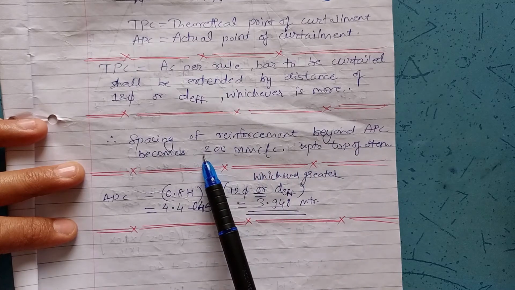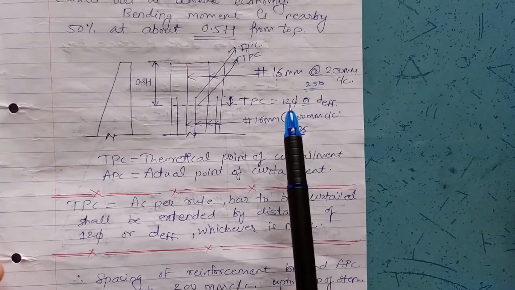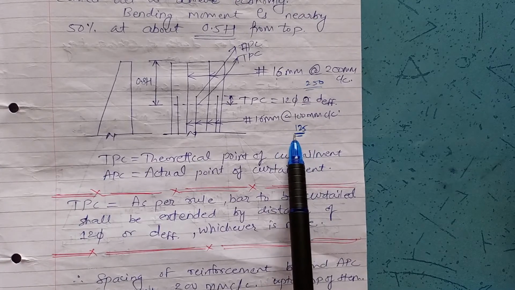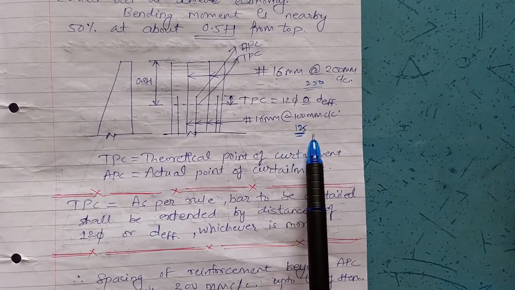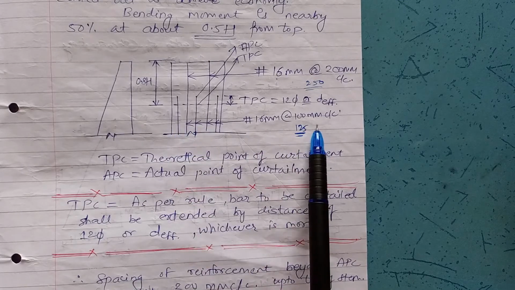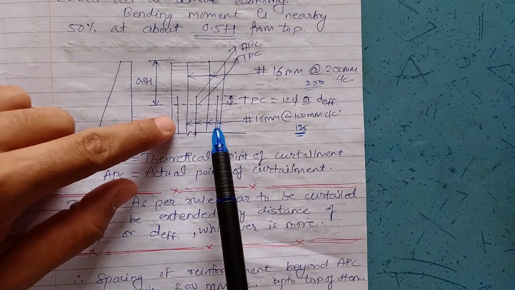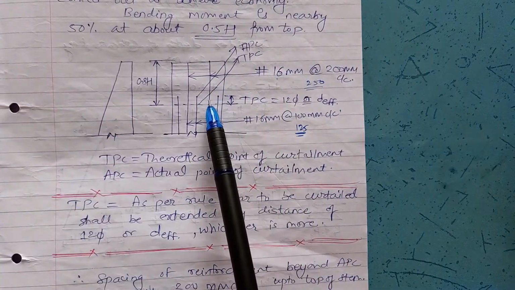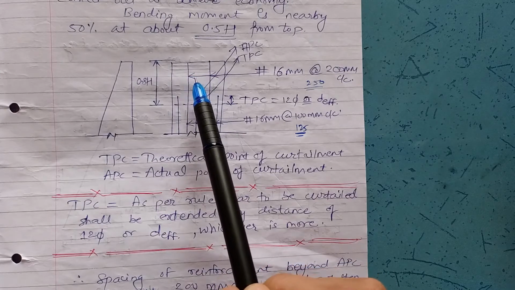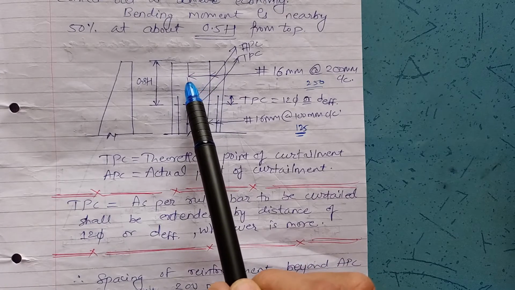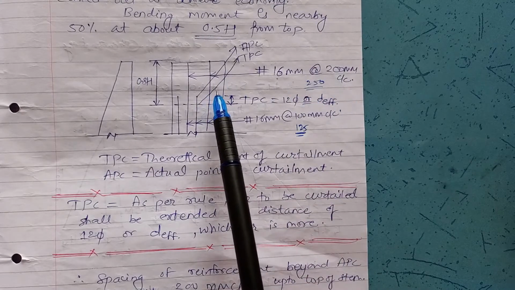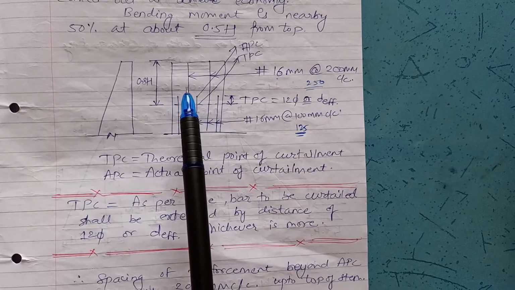Now when this has become 200 mm center to center, the design calculation comes to 100 mm center to center, but as per our design the spacing has come 125 mm center to center. Hence we will provide 16 mm tor at 125 mm center to center at the bottom portion, and we will double the spacing above this theoretical point of curtailment, and this spacing will become 16 mm at double of this, 250 mm center to center. Now again keep in mind why this curtailment is provided.